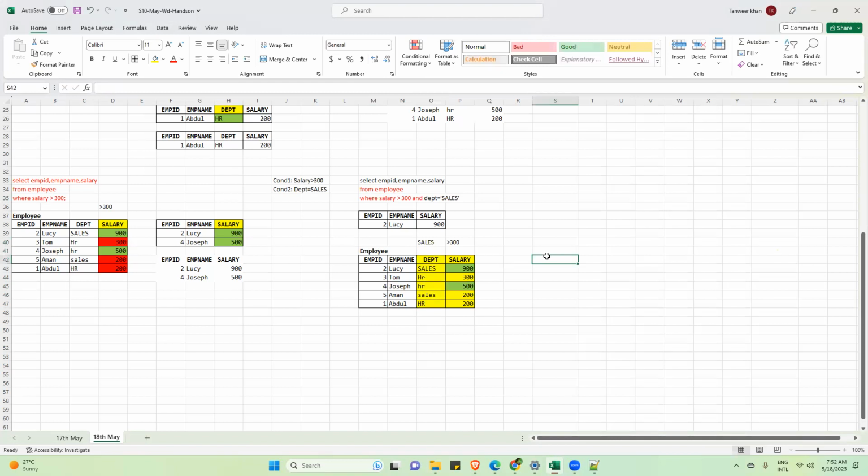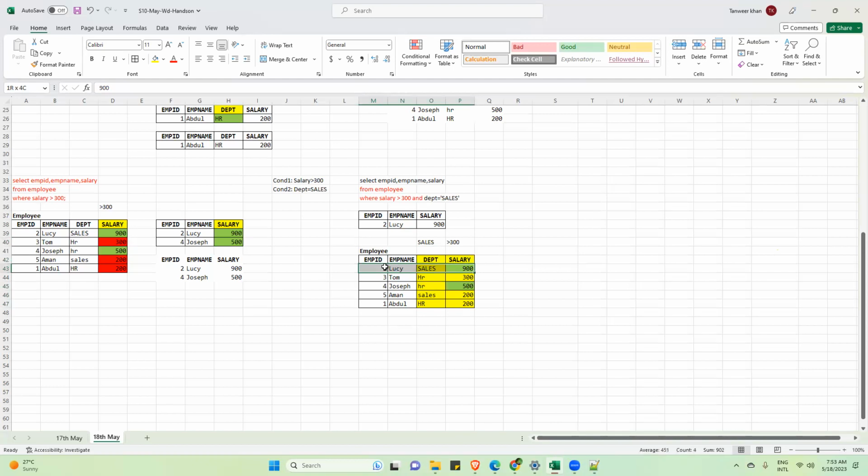Okay, clear? Yes. Now, the meaning of this AND condition is, in this department column, the engine has to search for the sales data in only those records which have cleared the first round. So who has cleared the first round?